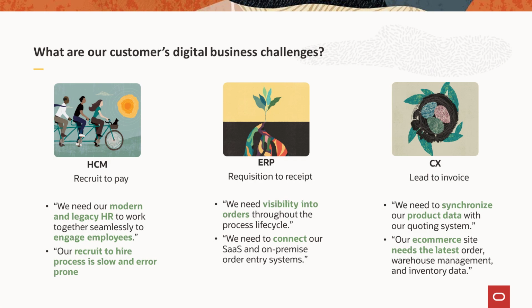So if we go back to the challenges we see more from a solution perspective, we typically see three areas in which we have been focusing on. The first one is HCM, so human capital management. And we see quite a few of our customers coming to us and saying, well, we need our modern and legacy HR systems to work together because